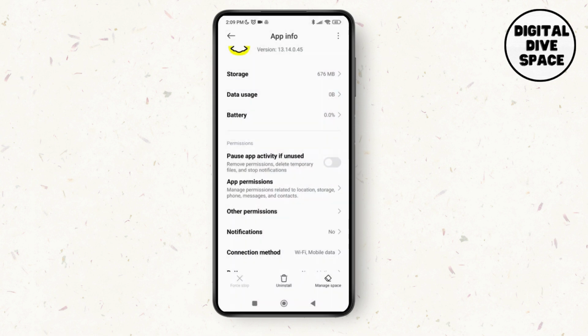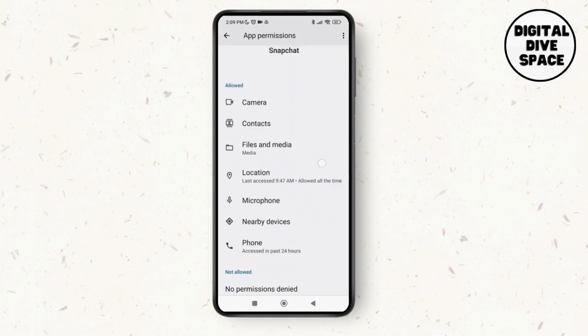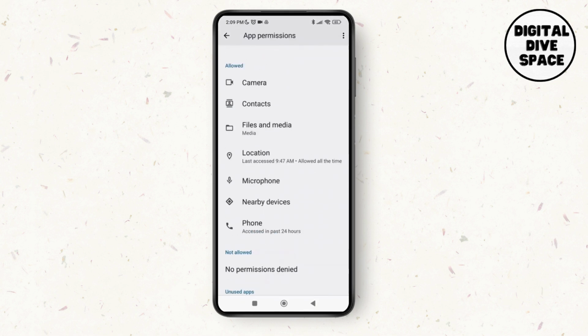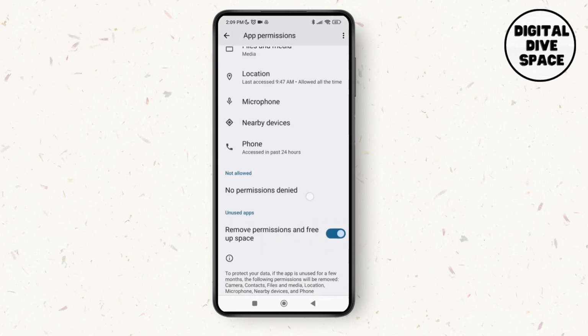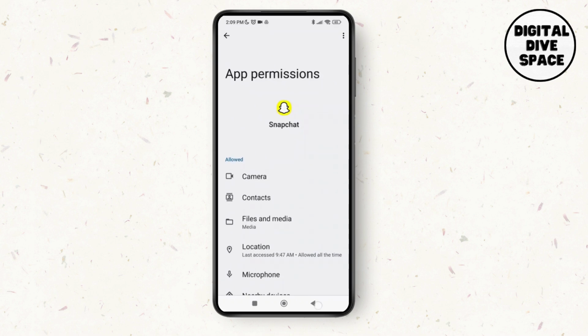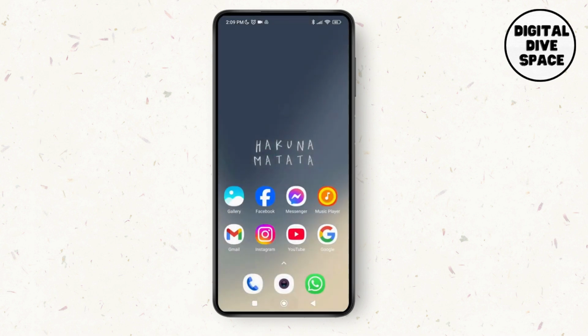Next, go to the app permissions and make sure that you have toggled on all the required options over here so that you do not have any hindrances while using the application. So after that, go back and tap to log into your Snapchat and try to upload the media, and this